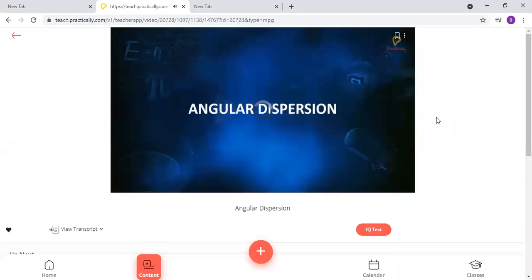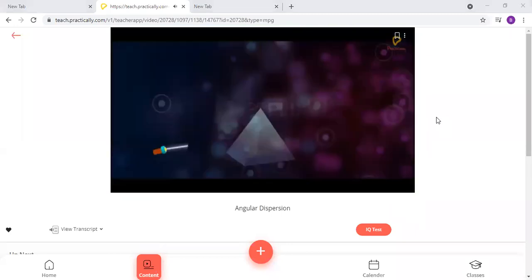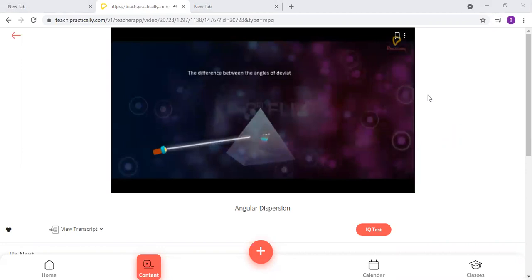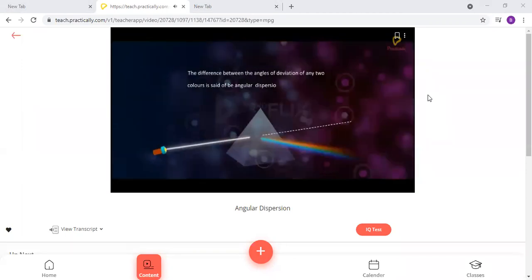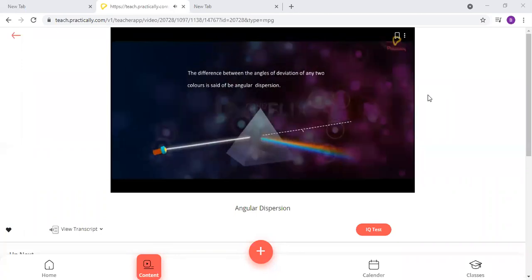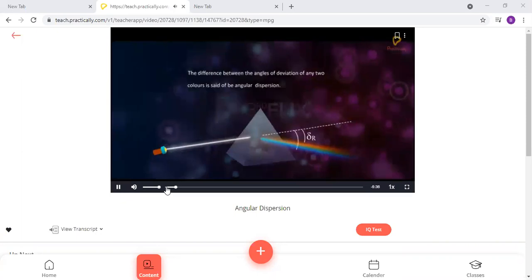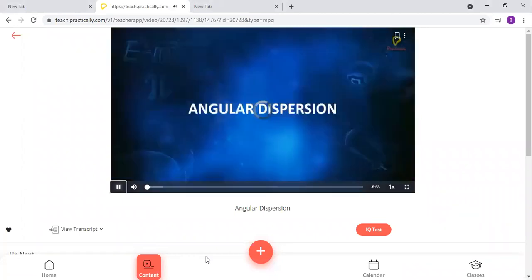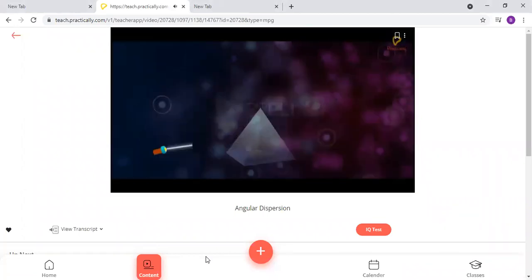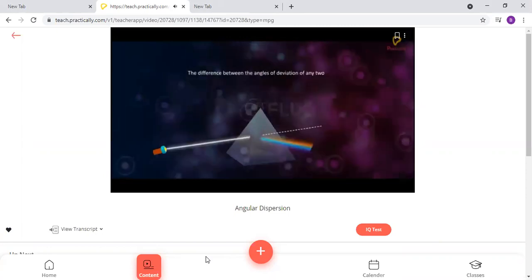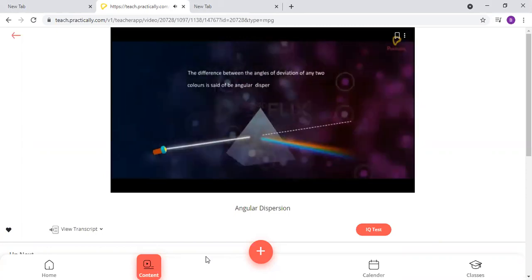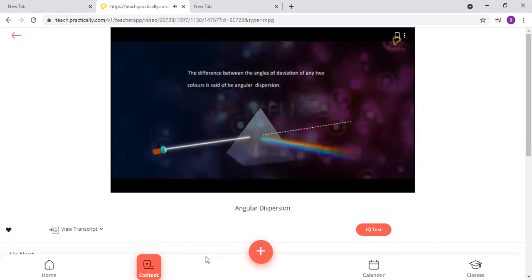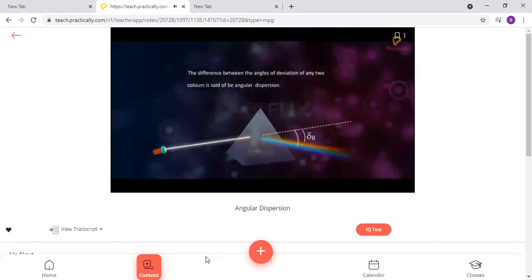Once again, I will use the voice. Deviation of any two colors is said to be angular dispersion of the two colors. The difference between the angles of deviation of any two colors is said to be angular dispersion of the two colors. The angular dispersion of red and violet colors may be given by